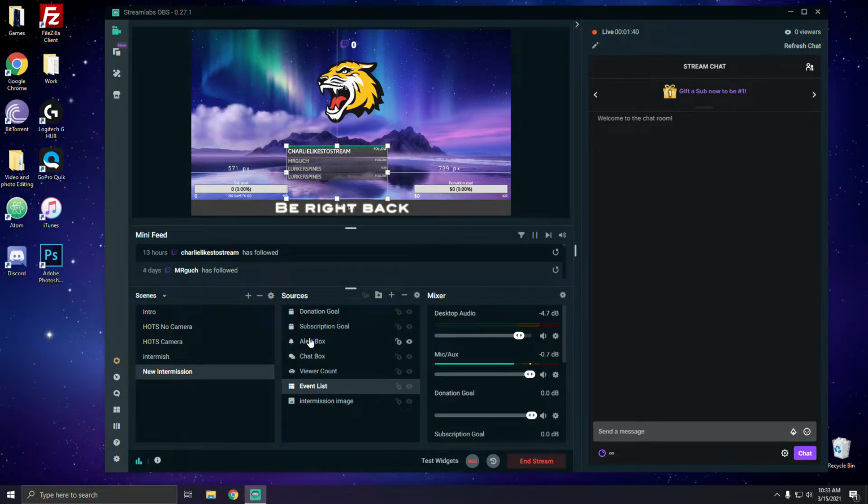Now obviously our alert box, we're going to want to configure that probably here, because that's when we get a new follower or anything. Our event list, we don't need this, and it might look a little tacky to some. So to those that say it looks tacky, hey, we can just hide that and it's gone. And here's our regular